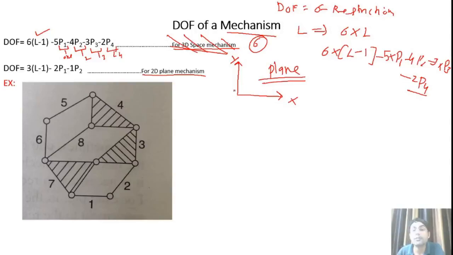So degree of freedom: if there are total L links, then the total number of motions will be 3 into L. But for a mechanism one link is fixed, so the number of independent motions is equal to 3 multiplied by L minus 1, because one link has become fixed, minus